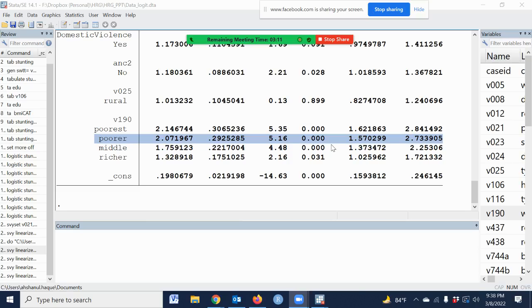I would request you to please open the data set and practice again. Then it will be easy to interpret the result, easy to prepare the manuscript, easy to prepare the report, easy to summarize any type of data, and easy to analyze based on an objective as well as a hypothesis.